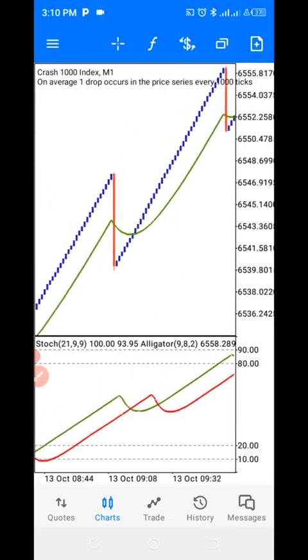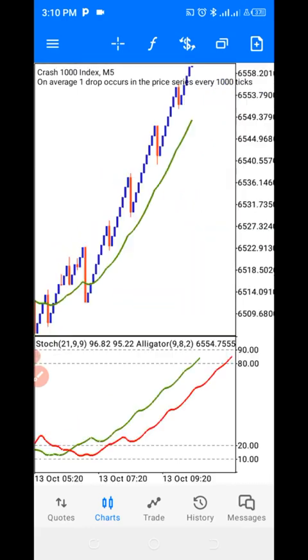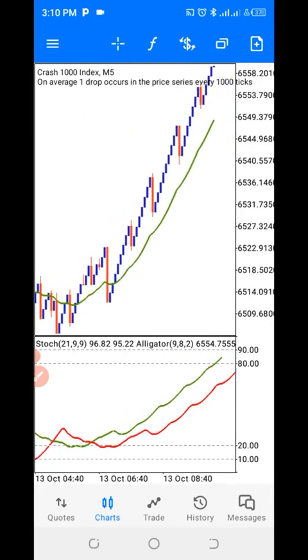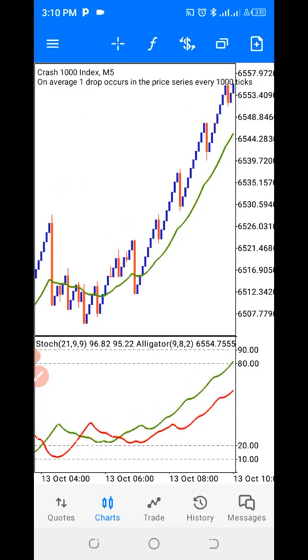Then after the spike, we'll go to our 5 minute time frame, you can actually see. So on 5 minute time frame, obviously you will not be taking 5 candles, like I said, because 5 candles on 5 minute time frame is 25 minutes. So that will be 25 candles on 1 minute time frame.